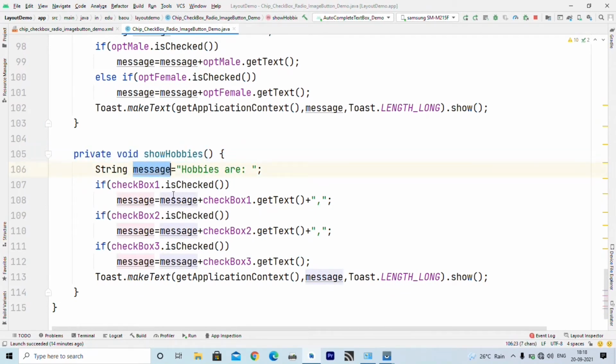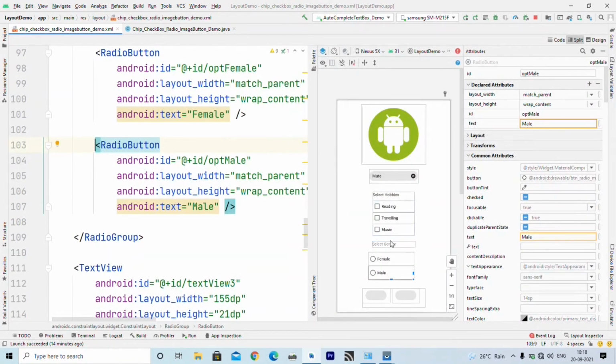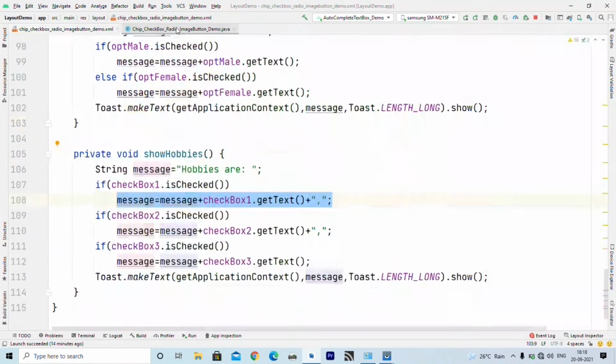Again similarly we write if checkbox 1 is checked, then message is message plus checkbox 1 get text, which may be reading, that you can see here. It is reading, traveling or music. So if checkbox 1 is checked, then my message is "hobbies are reading".